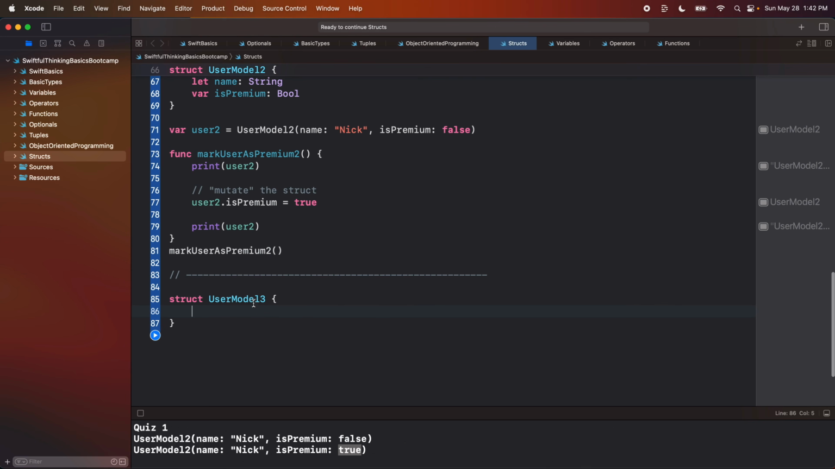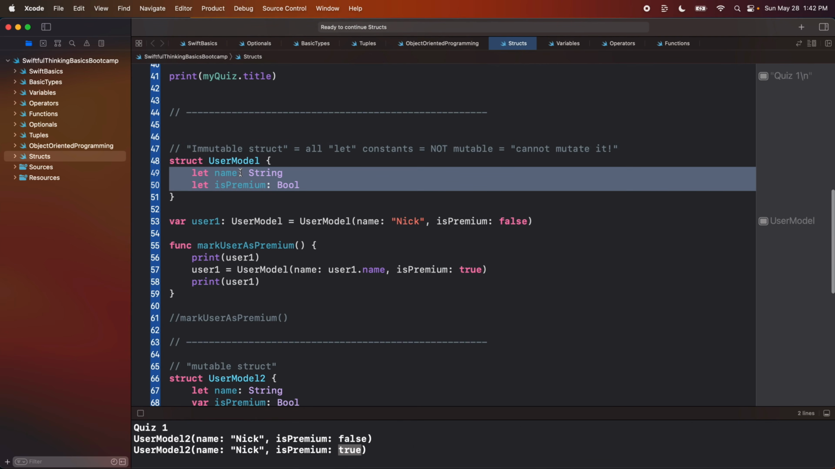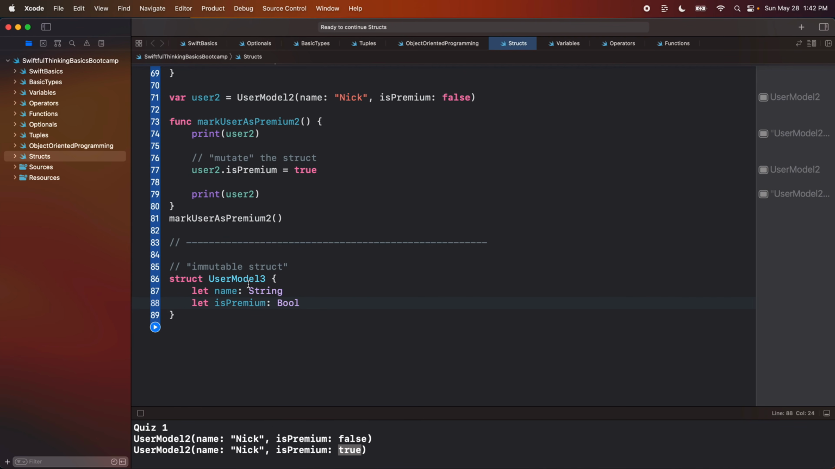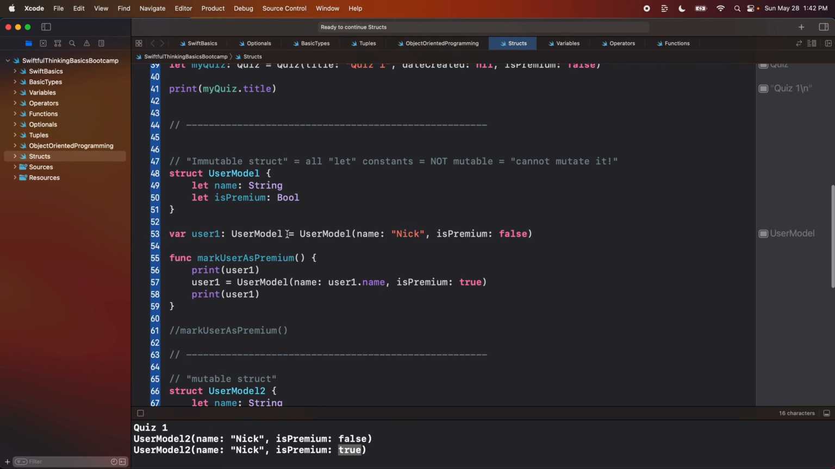And UserModel3, we're going to revert back to being an immutable struct. All right, so if we know an immutable struct means everything must be let, so I'm going to copy those and paste them down here. We have another immutable struct. But this time I want to actually be able to edit the value for isPremium, even though this is immutable. And so up here, we had some code for